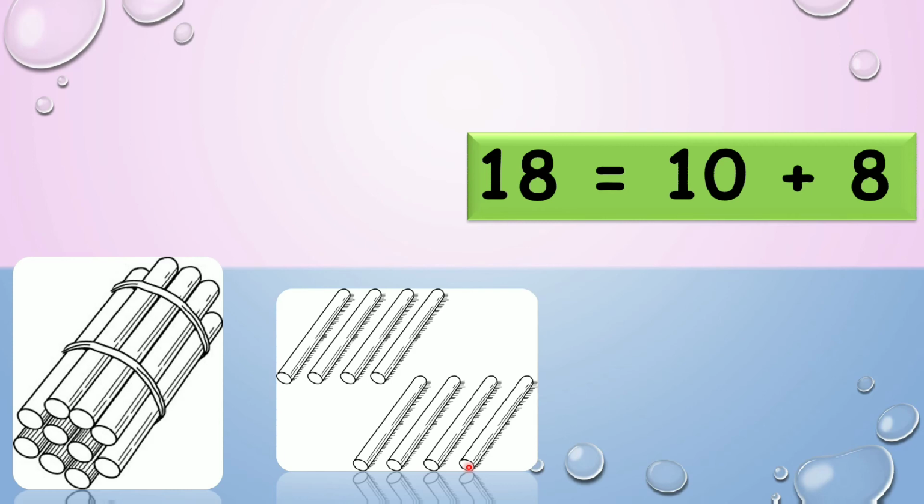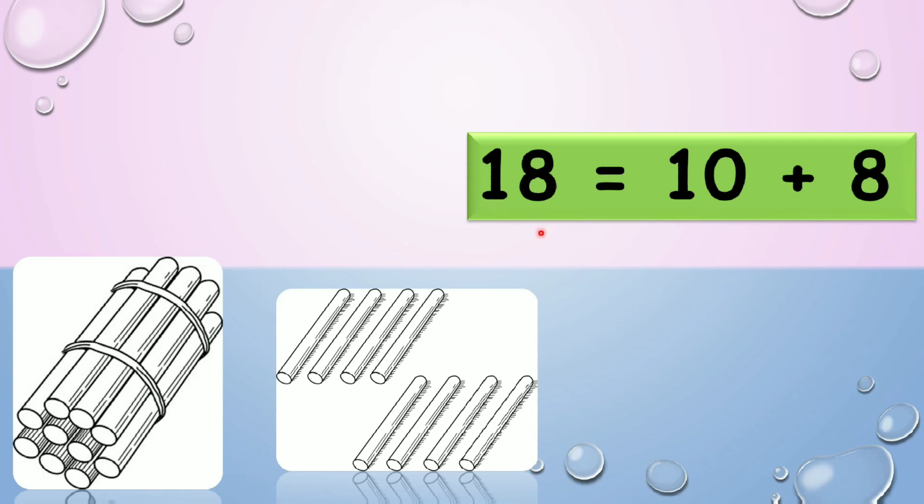18 sticks in total. So how do we write 18 in expanded form? Well, writing 18 in expanded form simply means carrying out addition on this number, but using the concept of tens and ones places. Okay, using the concept of place values. So 18 in expanded form is simply 10,